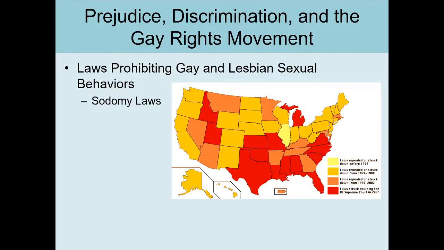And one of the things that really triggered that U.S. Supreme Court ruling was that there were some men in, I think it was Georgia, who were in their house, minding their own business, having sex, when the police issued a no-knock warrant on the wrong house. They were coming in looking for drugs, and they were actually in the wrong house. And so they didn't find any drugs, but they found these two men having sex. And so they took them into jail, even though they had no business in that couple's house at all.